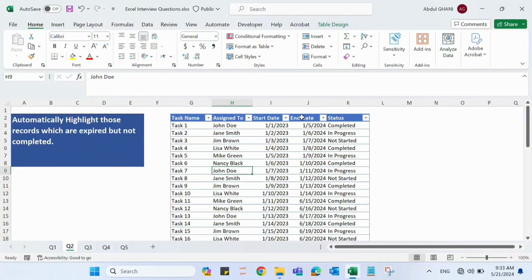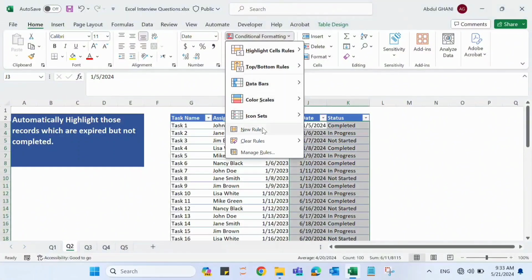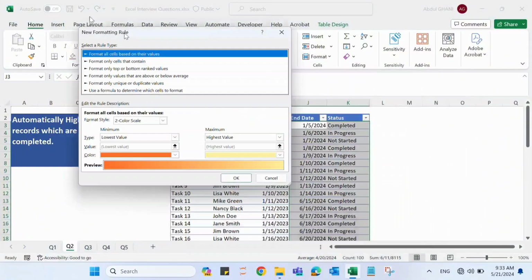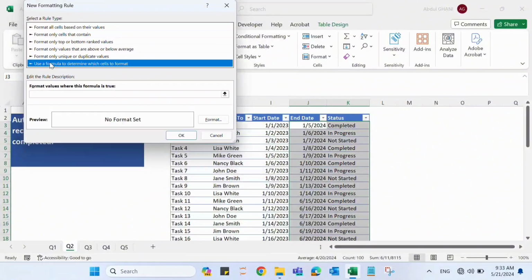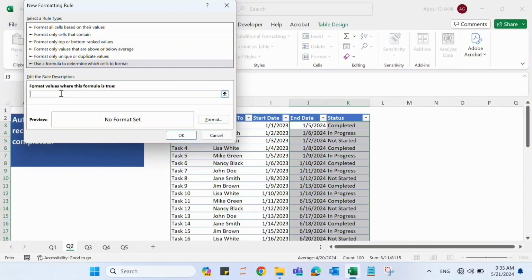Now we need to find those tasks that are not completed in the status but the end date is before today. It means the tasks are expired but the status is not completed. So for that, let's select these two columns, go to conditional formatting, go to new rule, and let's go to use a formula to determine which cells to format. And here we need to type the formula. Let's type the formula equals. We can say that select this J3 cell because the first end date is on J3 and that should be